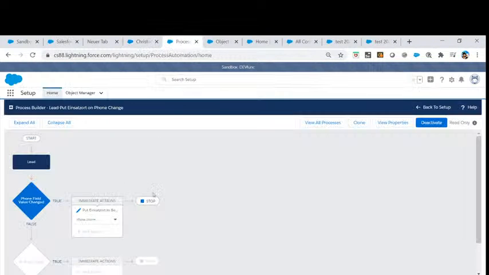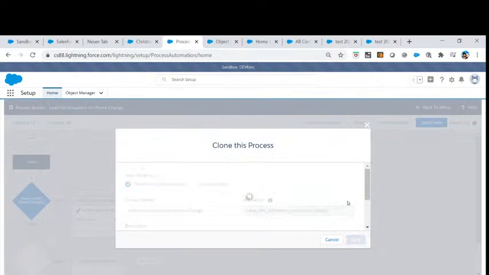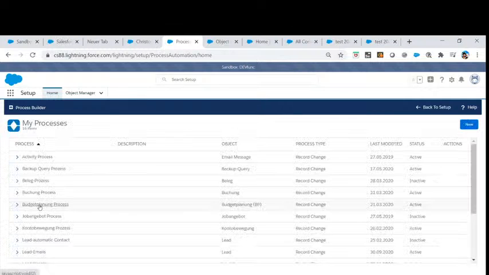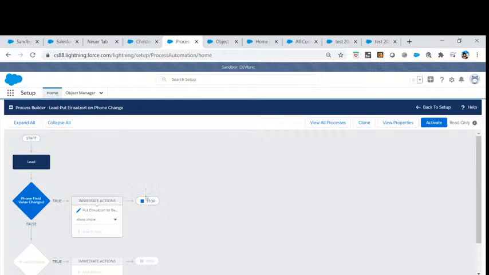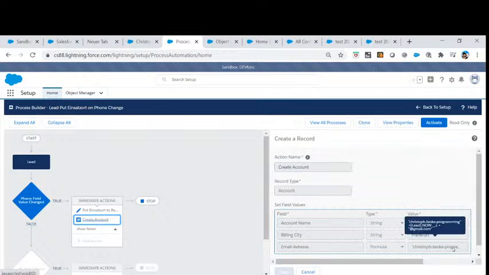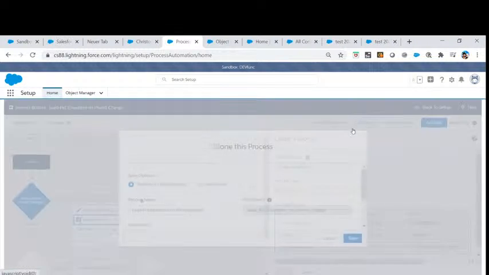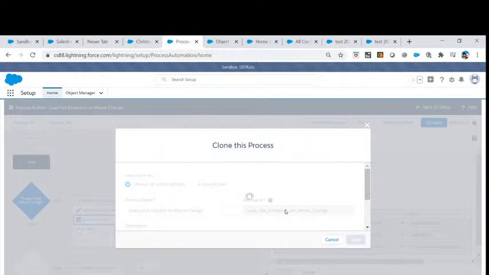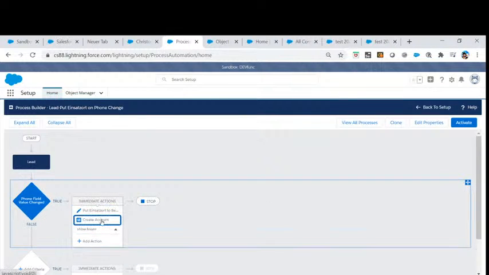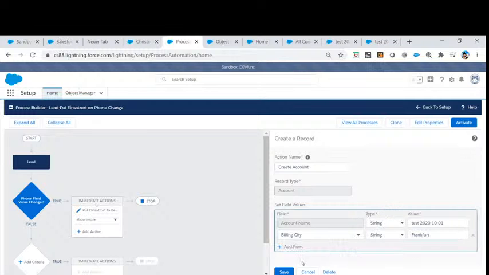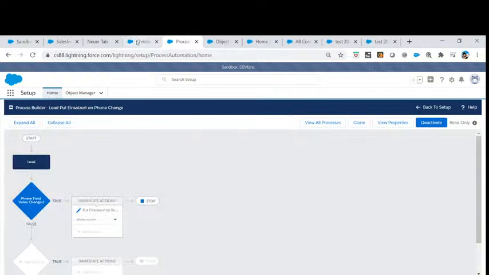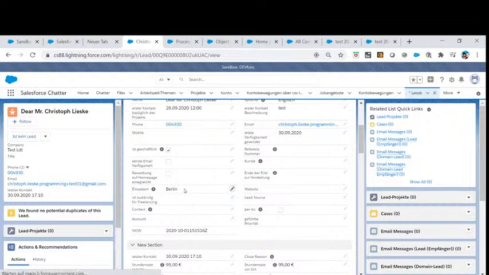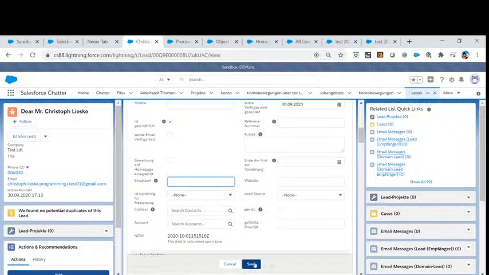This is not going to be a duplicate. We don't want to figure out which kind of information we had last time, so we go on this version. So there's gonna be this one again. So let's say we just clone it, hit save. We are just putting out the one line, right? So let's say we're putting out this. Hit save, activate, and now we're just going to fulfill the credentials again. Hit save,